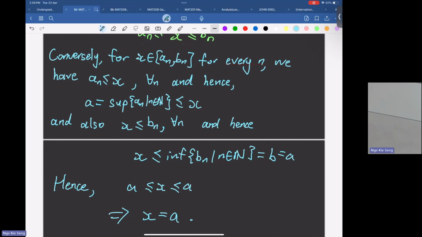Okay, any question? So we're going to use this proof later for a very big proof, which we call the Bolzano-Weierstrass theorem. Very cool theorem. That's why there's a name on top of it. Bolzano-Weierstrass. Okay.